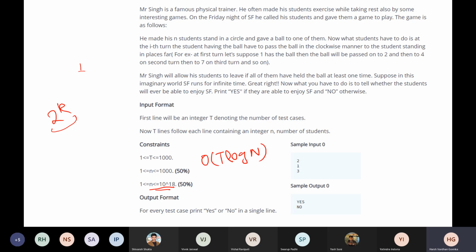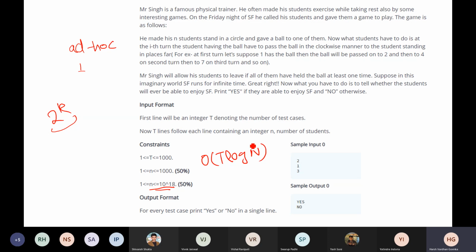To find these observations, try to make your own test cases and give them a dry run. This type of question does not have any specific way to go about it. They are called ad hoc questions. So you basically need to make good observations, or they have a proof, but it is difficult to do in a contest situation.